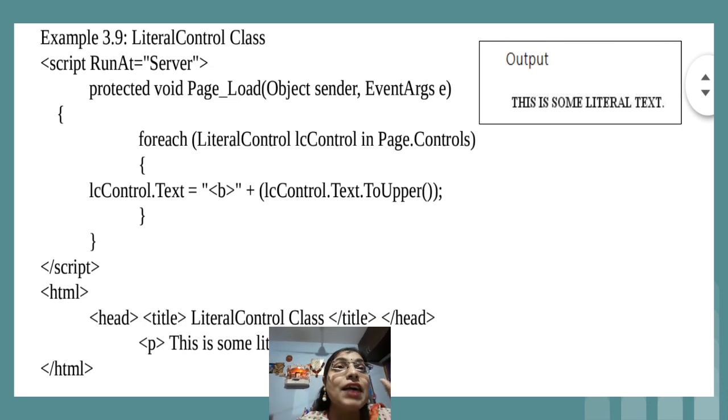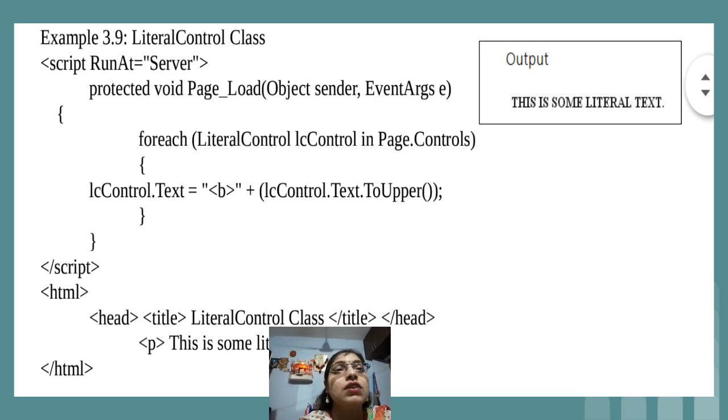So now we will be having a new value of the paragraph, that is, all the letters present in this is some literal text, and all will be bold. So this we have done the static formatting, means we have written the code for such type of formatting. That is, we want the sentence or the value which we have provided inside the p tag to be in bold and uppercase format, so that we can perform with the help of literal text. So this is static one.